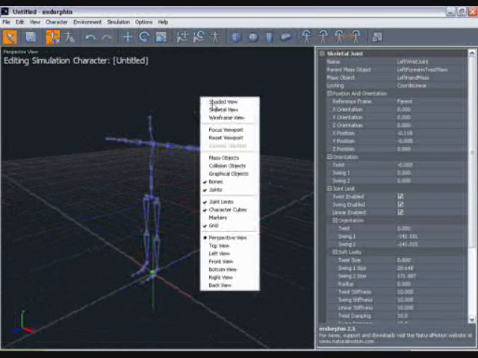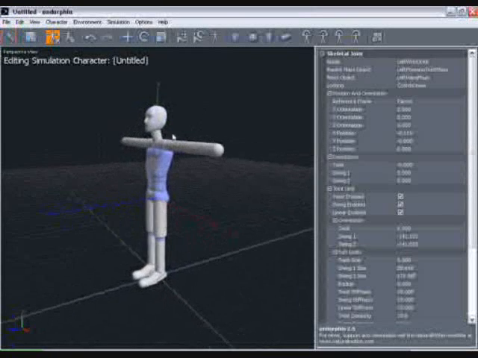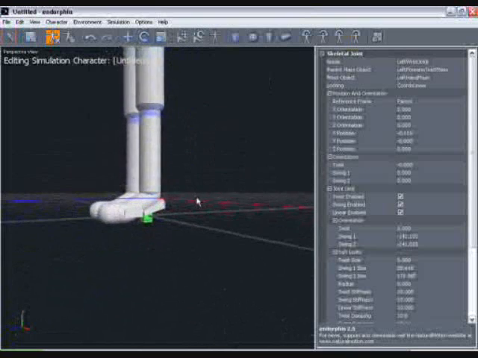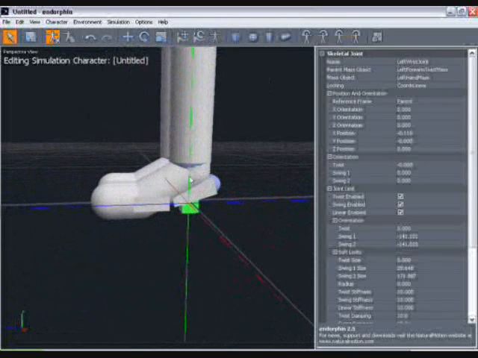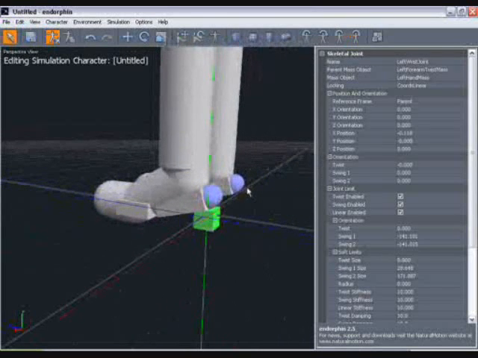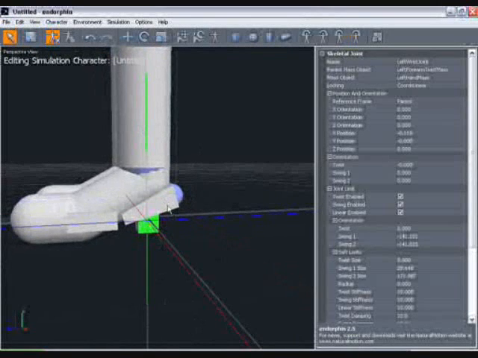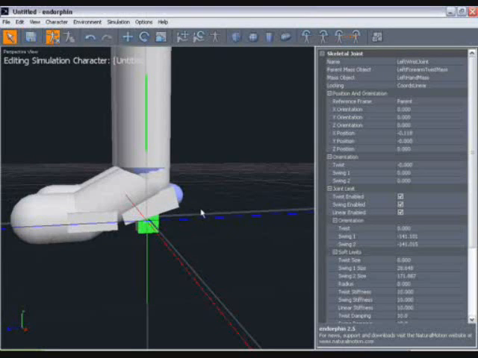So we go into shaded mode, and we can see that we've got two characters matching. Now one thing that we do need to modify slightly is the feet. Because we moved that ball joint down, the actual mass and collision objects of the feet are now angled up a little bit. So we can easily do that by rotating the mass object. Now this is easier if we hide the reference character, so we can clearly see what's going on. We can do that by bringing up the node view, that's hotkey N,